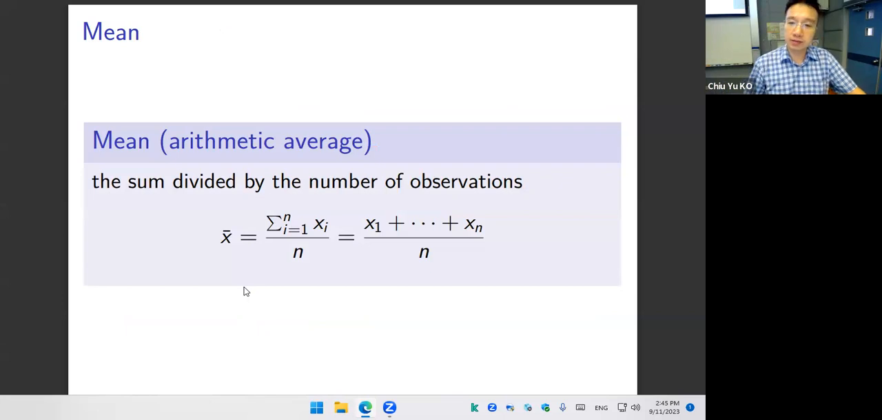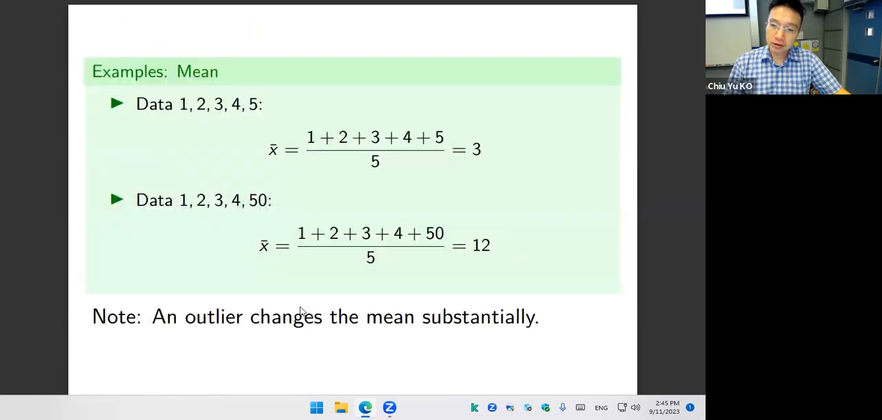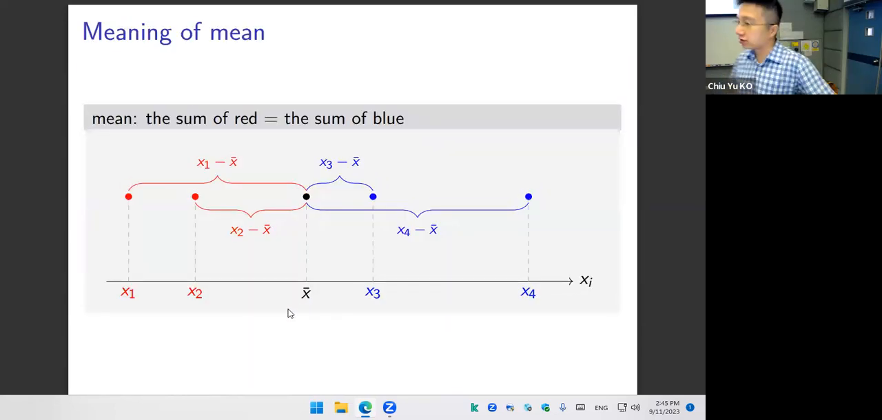Because otherwise, the definition of the mean is the middle in the distance. I mean, for this to make sense, the distance has to make sense, right? If distance doesn't make sense, then this doesn't make sense. Is that clear? Okay. So just to remind you, this graph, I think this is the most